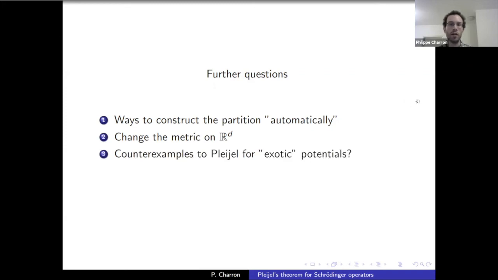And the third one is, so far we've proved Pleijel's theorem, but we have not proved that Pleijel's theorem does not hold. We know that Weyl's law does not hold, but we don't even know if Pleijel would hold for these potentials. Maybe for the nodal count for this potential would still obey Pleijel's bound. We don't even know. So that would be quite an interesting question: can you make it break down?